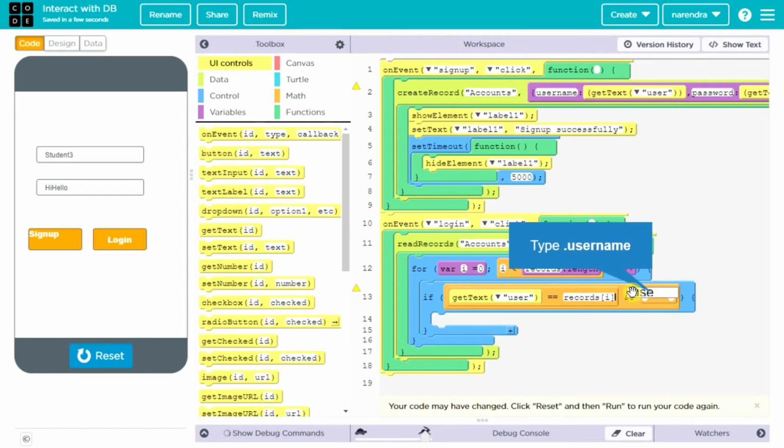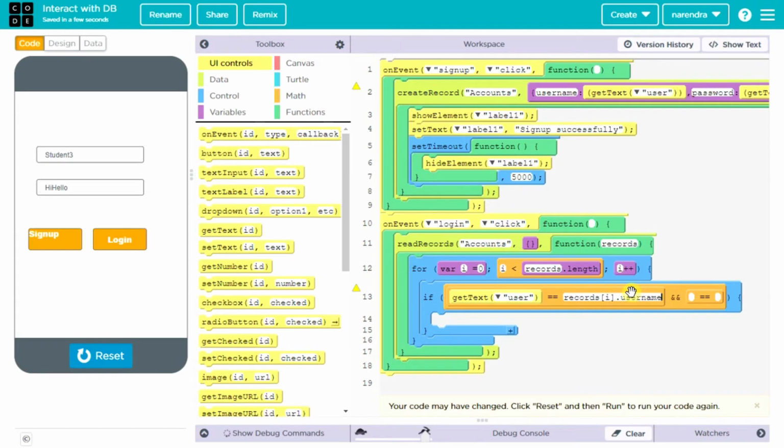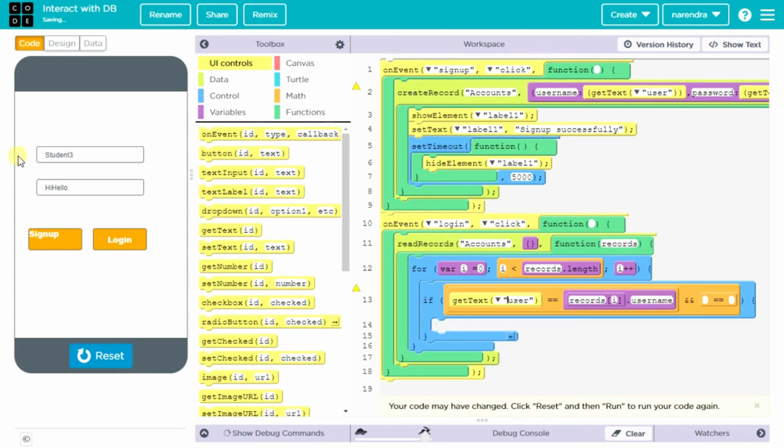dot username. So this is the username entered by the user in the UI screen, the user interface screen. This is the username that you are getting from the database. So you are comparing the username entered by the user with the username inside the table for every record. In the same way, you have to do it for the password also.